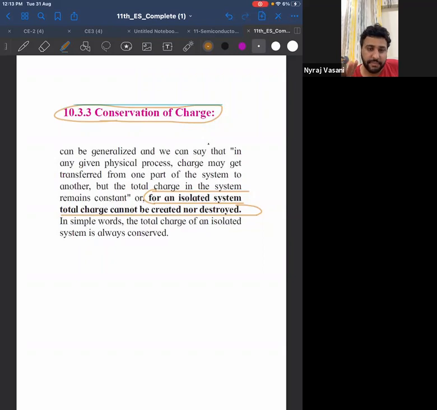Easy. So read these 3 points. Then I'll ask you a little bit of Viva only on this chapter. What is additive nature of charge? What is quantization of charge? And what is conservation of charge? One statement you have to tell about each. Then we go to the next topic. Start revising. 1 minute, I'll give you to revise.